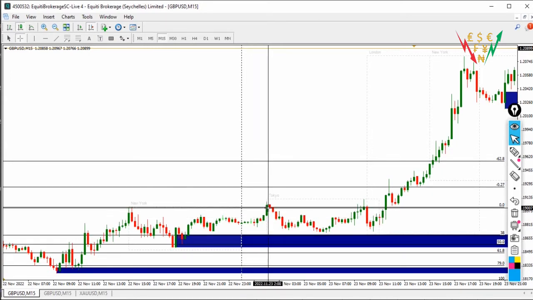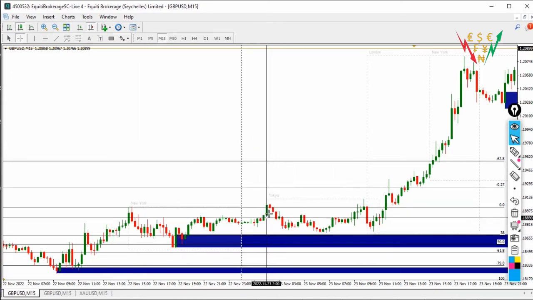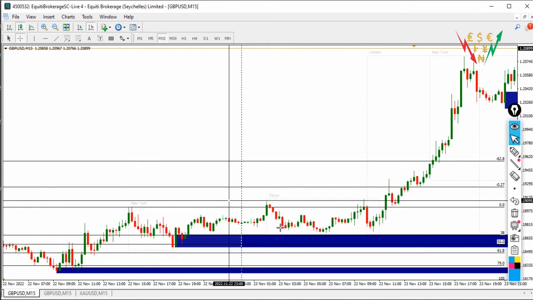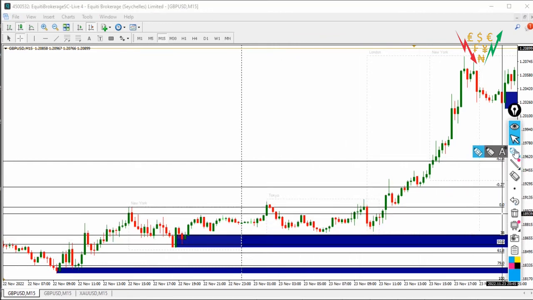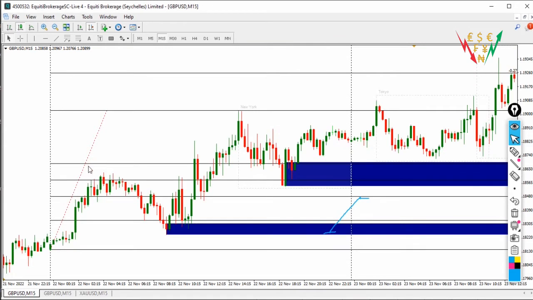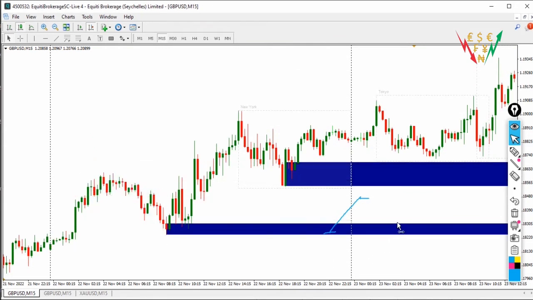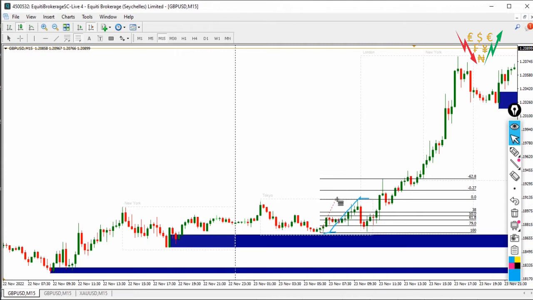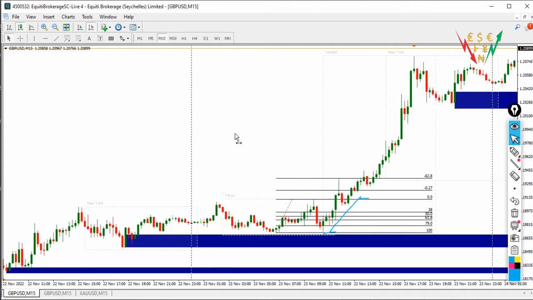You can see the market, even at the Tokyo session, respected this boundary here, broke in, though it didn't come to this downside. But what do we notice? We have another high here. Before the beginning of the London session, we have this lowest point and this highest point, with the market going to the upside. Simple. So at this point, I can do away with my Fibonacci tool. The Fibonacci tool for the previous day is off, and I have a new reference for the current day, going from the lowest point to the highest point before the London session.